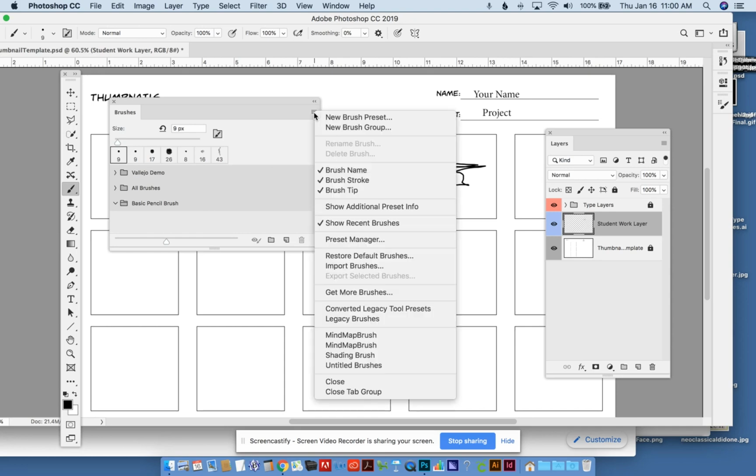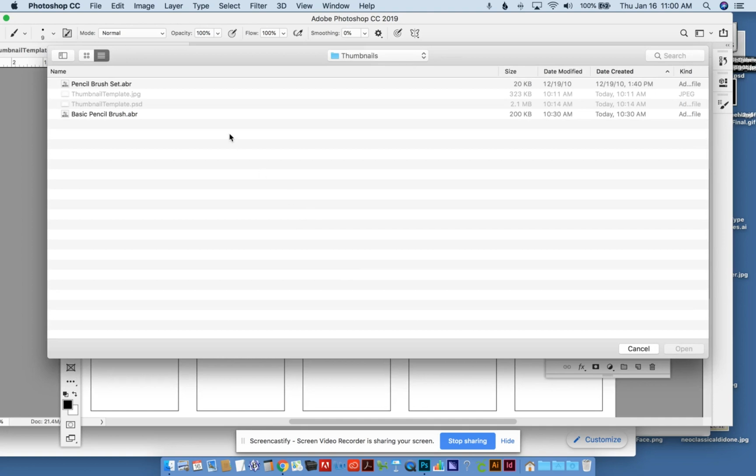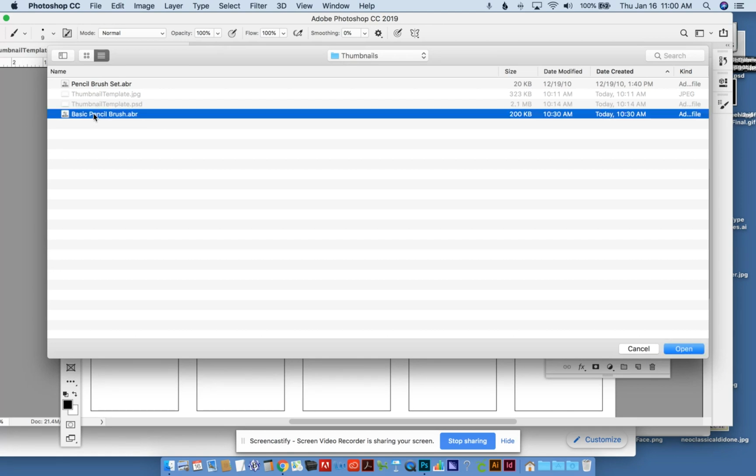You hold down your mouse and you go down here to Import Brush. I know right where it is on my workstation, so it'll be easier for you because you will have downloaded this directly to your desktop. It's called the Basic Pencil Brush.abr,